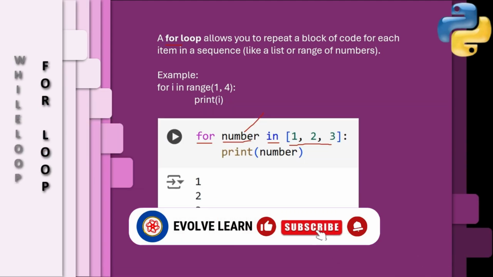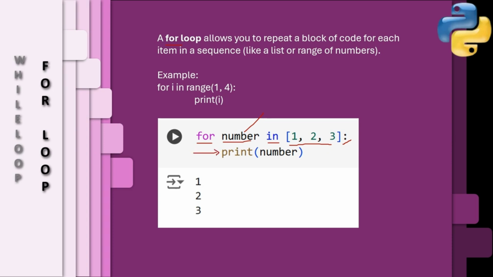At the end, colon. In the next line, the code should be indented, the blocks for each item in the sequence. Otherwise, it raises an indentation error. Turning to this example, where we need to print from 1 to 3, the for loop begins with the for